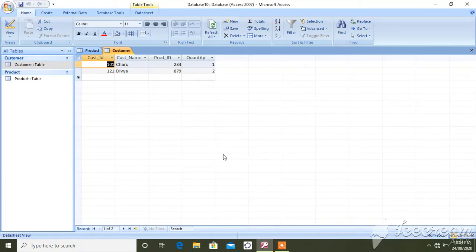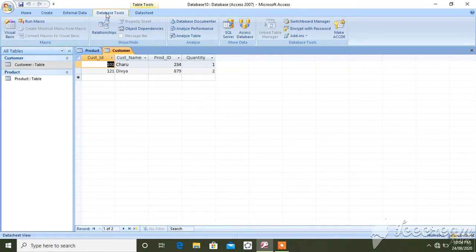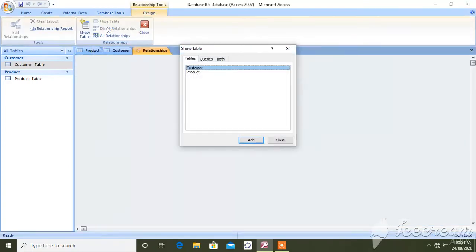Now we will create the relationship between the two tables. For that we want both tables in one place. So click on Database Tools. Here is one option, Relationships. Click on Relationships. Then it will ask which tables you want, queries or both.